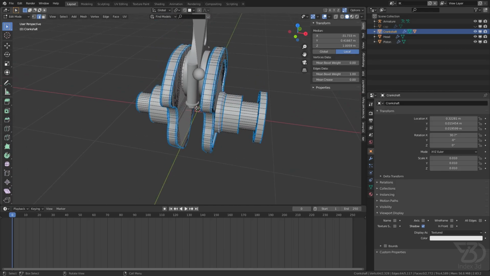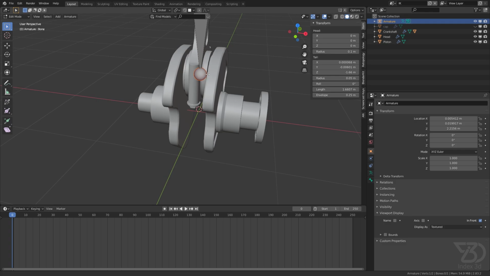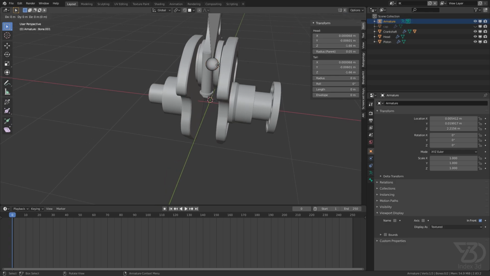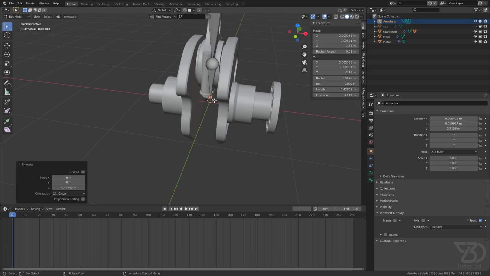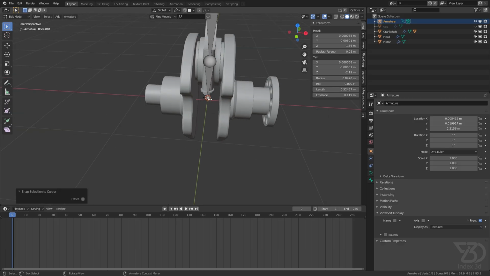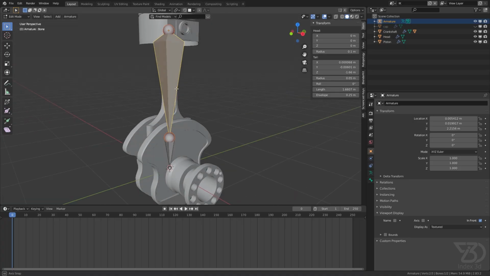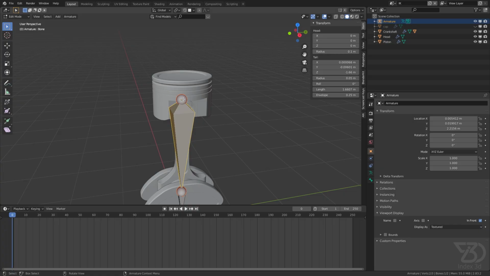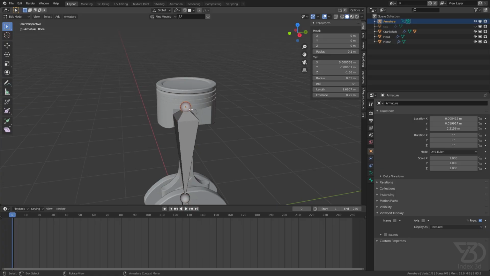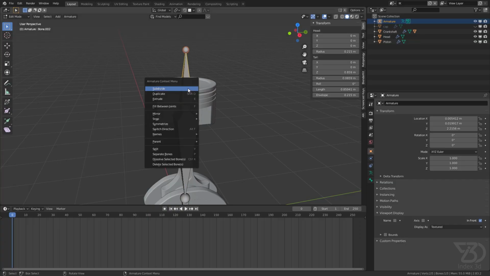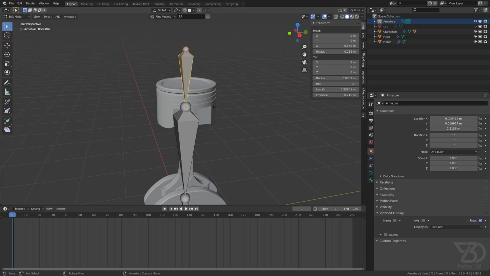So we have this over here, and now I will add one more bone, so E Z like this, and then press Shift S, Cursor to Selection. So we have one bone for this object and one bone for this object. We need one more bone for this object as well that I forgot to add. So E Z, and then I will switch direction. If you see it's not connected, so select this one and then press Ctrl P, Connected. Now it's connected,